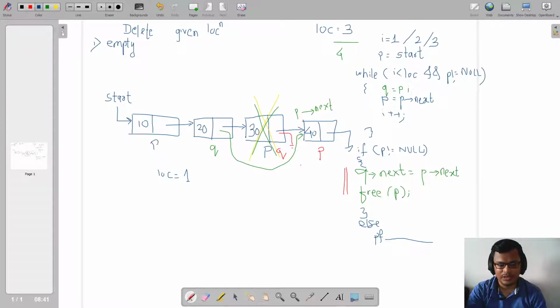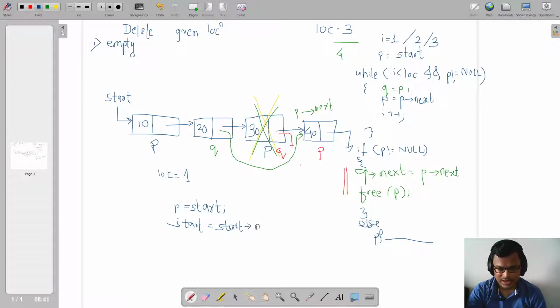In that case, this will be my P, correct? So how am I going to delete this? In that case, P will be equal to start. Then I'll make start as start's next, or P's next.